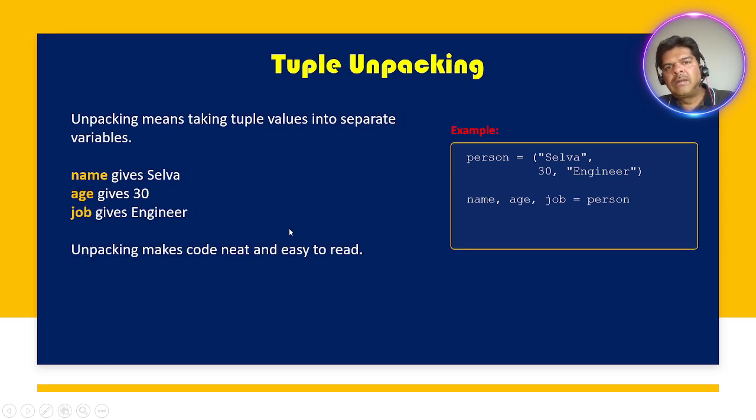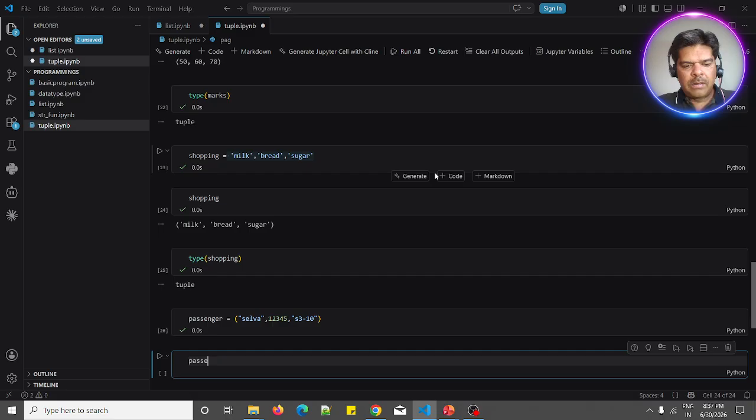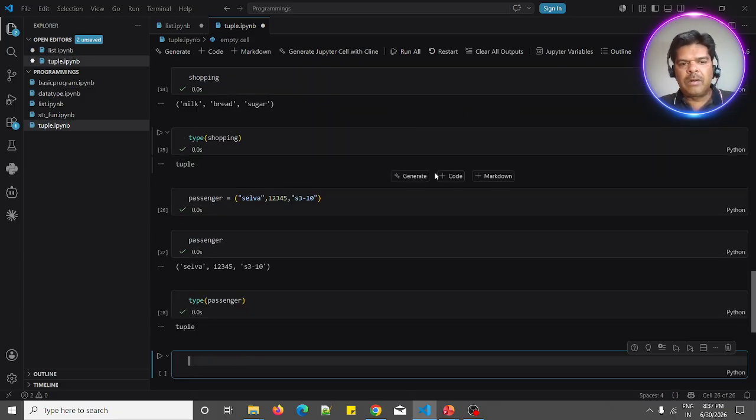Tuple unpacking. What is the meaning of tuple unpacking? See here, I have these values, passenger. Okay. So here the name Silva and ticket number something, coach number and seat number something. Passenger. Yes. And the type also we can confirm. Passenger, run it, tuple, right? So here, what I'm going to do,